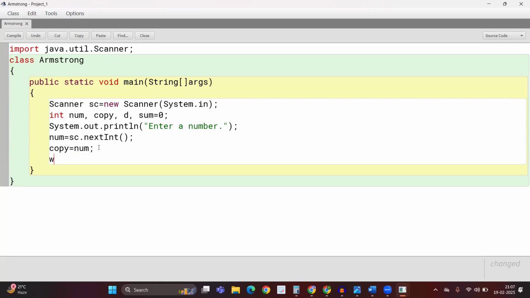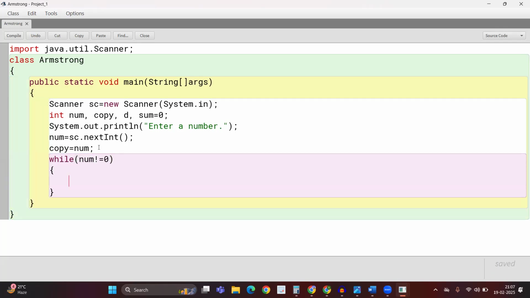Now we will run a while loop. This is how we are extracting each digit. We can do it in a while loop, or we can even do it in a do while loop, it doesn't matter. So we are using a while loop in this program. So what do we do in the while loop? As long as the value of num is not 0, the loop will continue to iterate. So while num is not equal to 0; as soon as the value of num becomes 0, this loop will stop iterating. If the value of num is not 0, then we are extracting